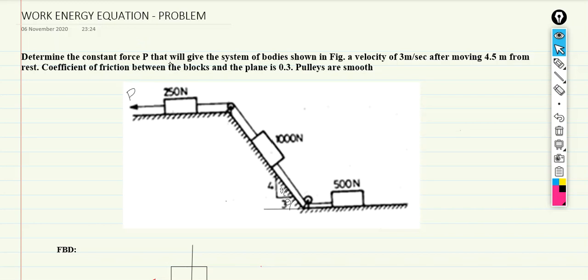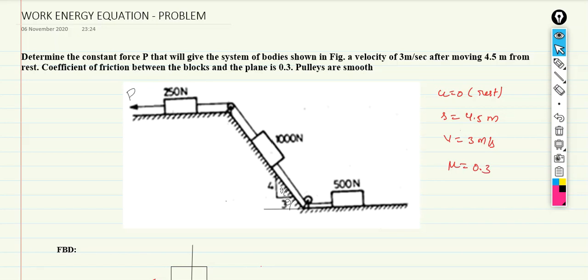Determine the constant force P that will give the system of bodies shown in the figure a velocity of 3 meters per second after moving 4.5 meters from rest. So from rest, in the sense u equal to 0, since it is starting from rest, and s is equal to 4.5 meters, v is equal to 3 meters per second. The coefficient of friction between the blocks and the plane is 0.3 and the pulleys are smooth. So mu equal to